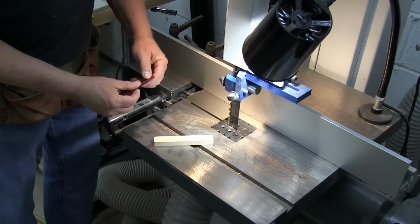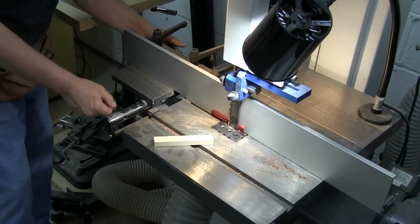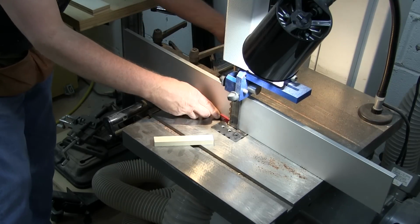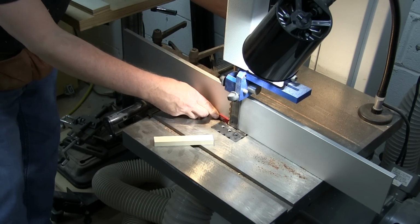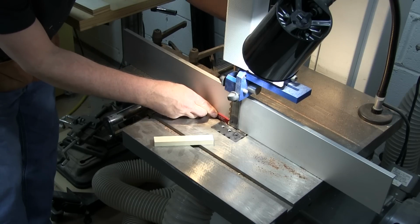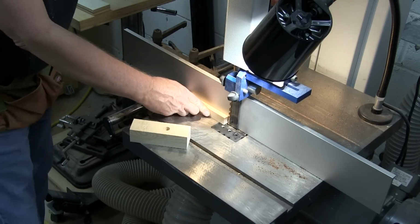So I went over to the bandsaw, and I'm going to cut a 3/32, and I use these setup blocks to set my bandsaw. This is a Drift Master fence on a Laguna, so it's got a screw adjustment on it. I can fine tune that adjustment really, really easily. So I get it set to 3/32 of an inch,